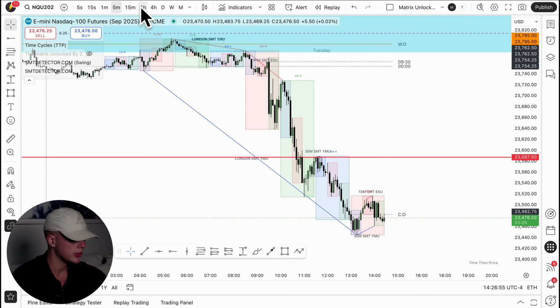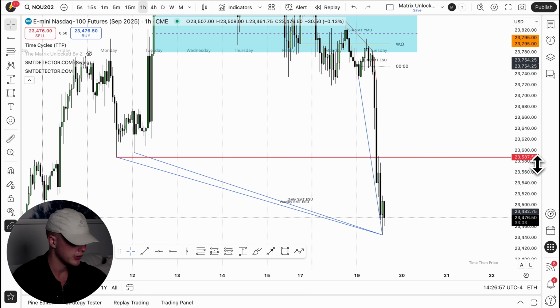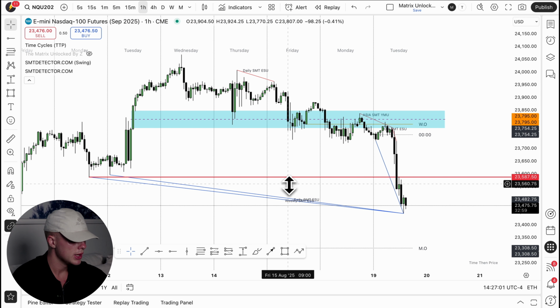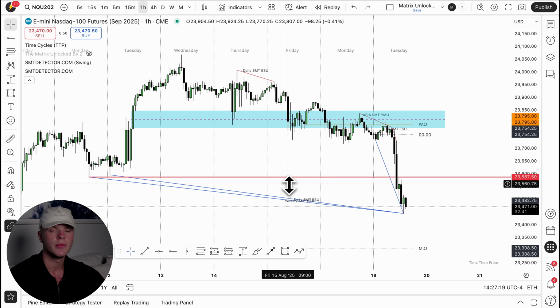Now, when we zoom out again, another indicator which I like to use is the SMT detector. The SMT detector is a script which I created together with my team, which automatically recognizes where there are cracks and correlations between highly correlated markets. When there are cracks and correlations relative to time cycles, their highs and lows, the SMT detector plots a diagonal line which shows me, hey, there's SMT.